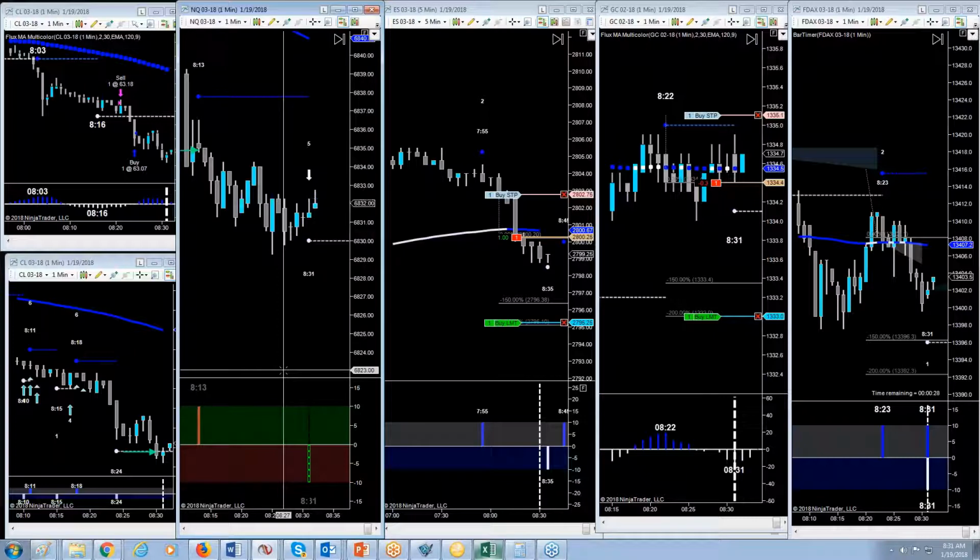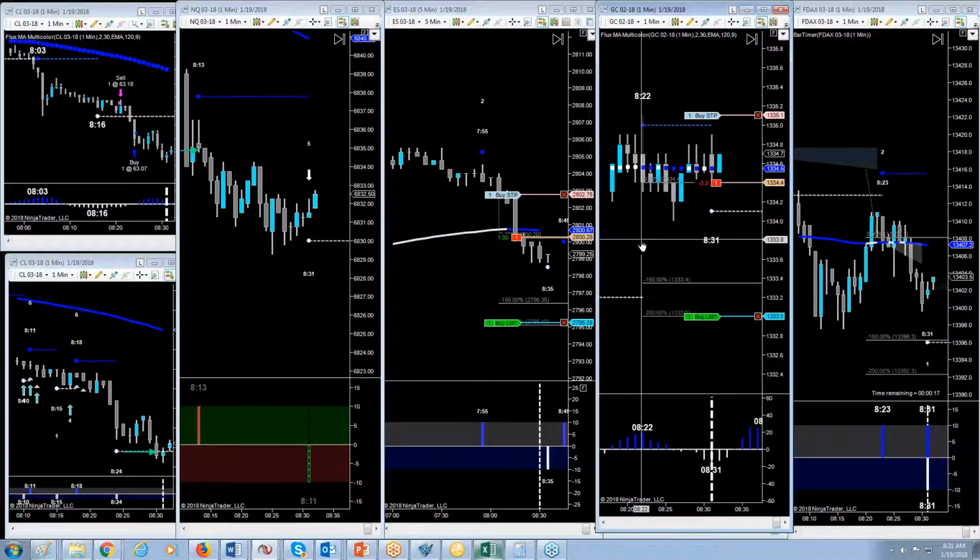Gold is not really producing much in the way of the expected move down, coming in at 831 here too. I would have liked to have been closer to our 150 by now, but that's the setup, that's the entry. It either hits the stop or the target, so we'll just let it go.